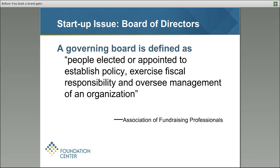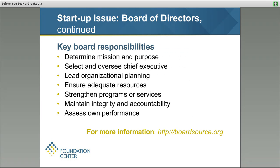So there are a number of things that board members are responsible for, and this comes from a site at the bottom, boardsource.org. BoardSource is the number one organization working on governance issues in the nonprofit sector, so a great resource. And they publish publications like the legal responsibilities of nonprofit boards, 10 basic responsibilities. We've summarized their publications here on this slide to outline these basic responsibilities, which are determining the organization's mission and purpose,